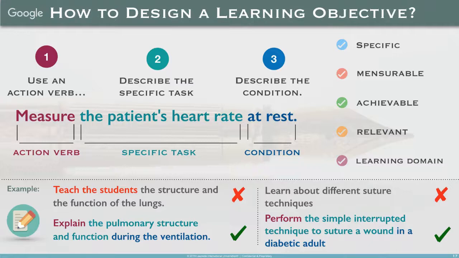It's not saying what students will be able to do or to be or to know at the end of this learning experience. But if we say explain the pulmonary structure and function during the ventilation, we are setting up an action verb. Students need to explain something, which will allow the professor to measure if they understood the topic. There's a task, which is explain the pulmonary structure of the lung, and the condition is very clear: during the